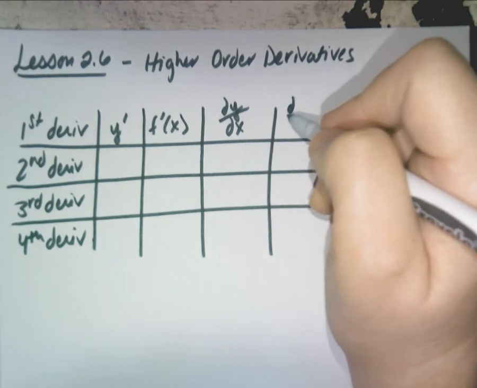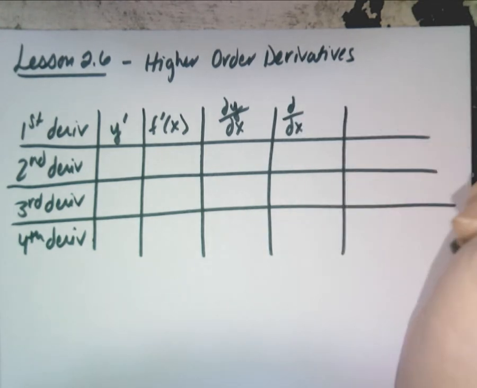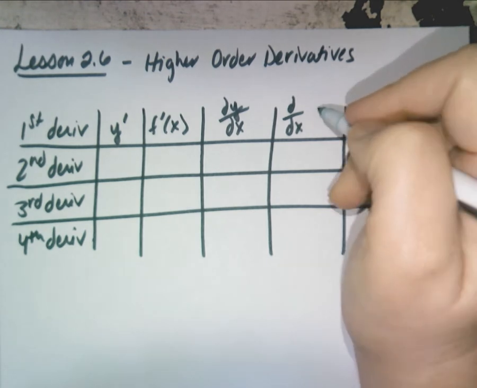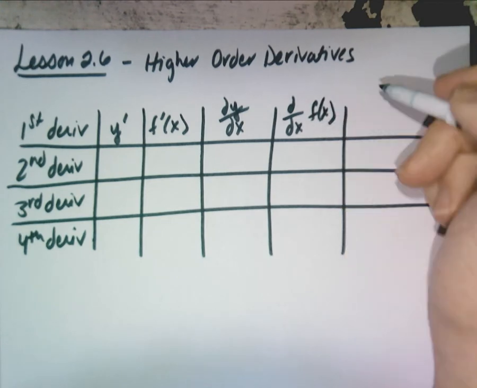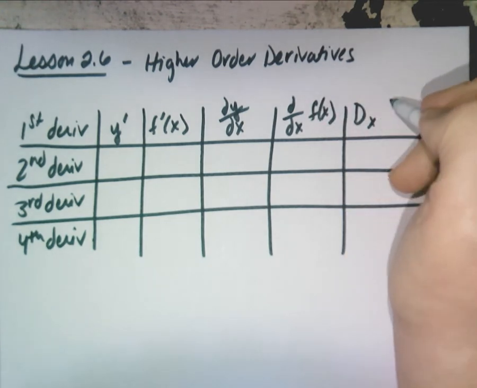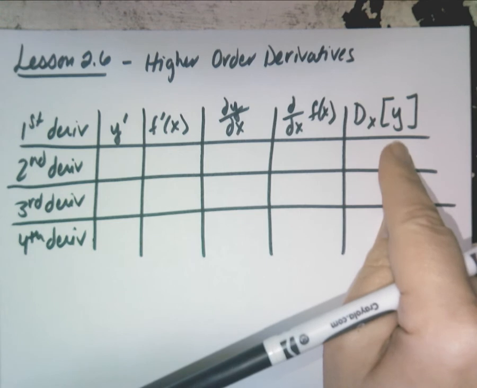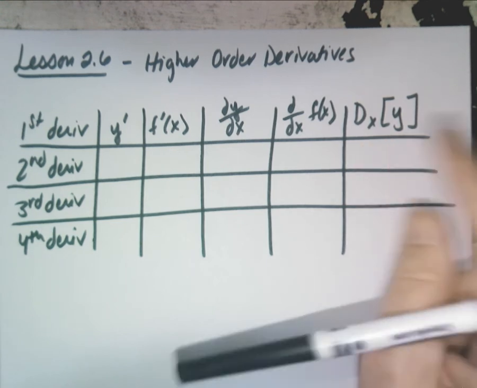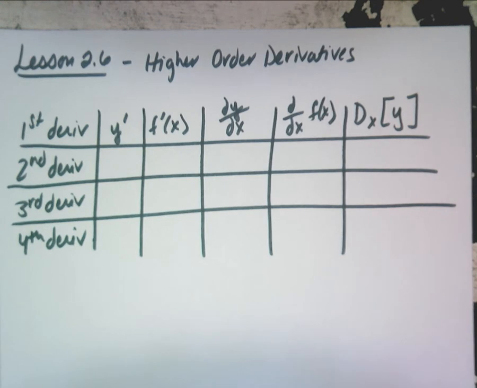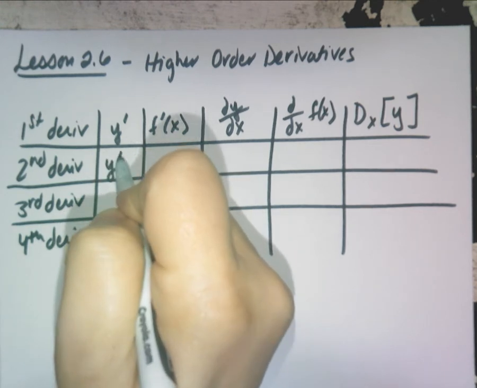So du/dx is the derivative of u, okay? And d/dx of f of x. And then this one you rarely see, but I want you to write it down for those of you who are going to take higher level math. It's just another way for derivative. I've seen it in a lot of online math articles, but I rarely see it after that. All right, now second derivative, which really the notation looks like this: y double prime,